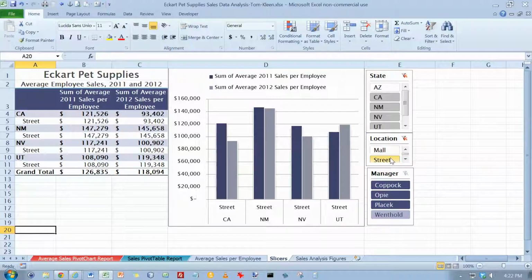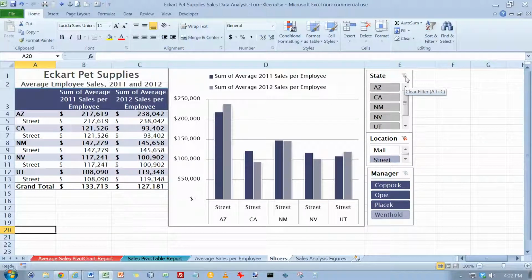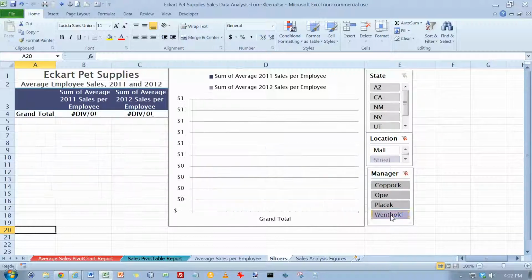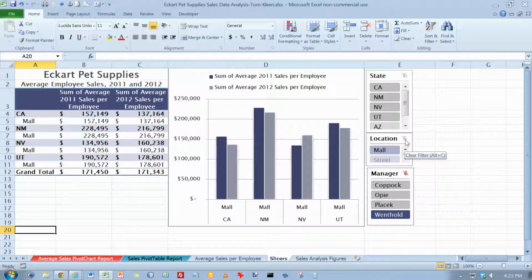Okay. And now we're on page 541, and on top of page 541, click the Clear Filter button on the state slicer, which would be right here. And that removes the filters, and it gives us all of the states now. Click Went Hold in the Manager slicer, and okay, I need to turn off the filter on location too. I missed that part. Now click Went Old, and we should get